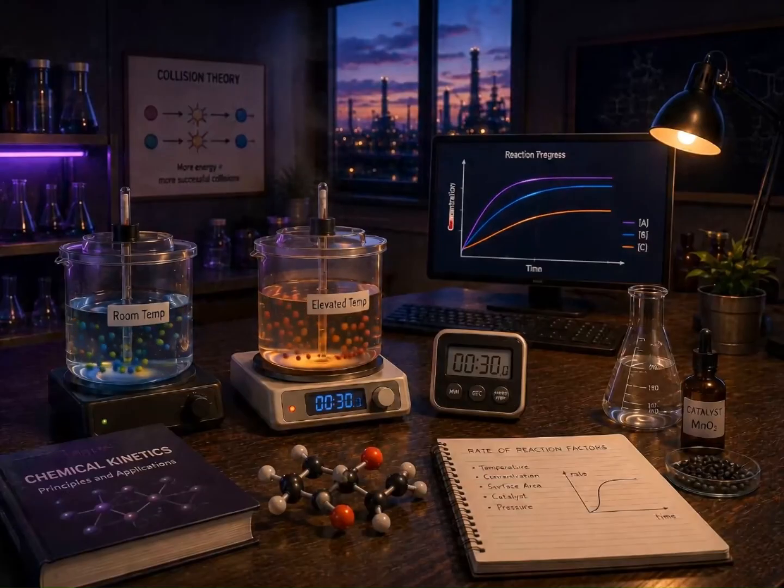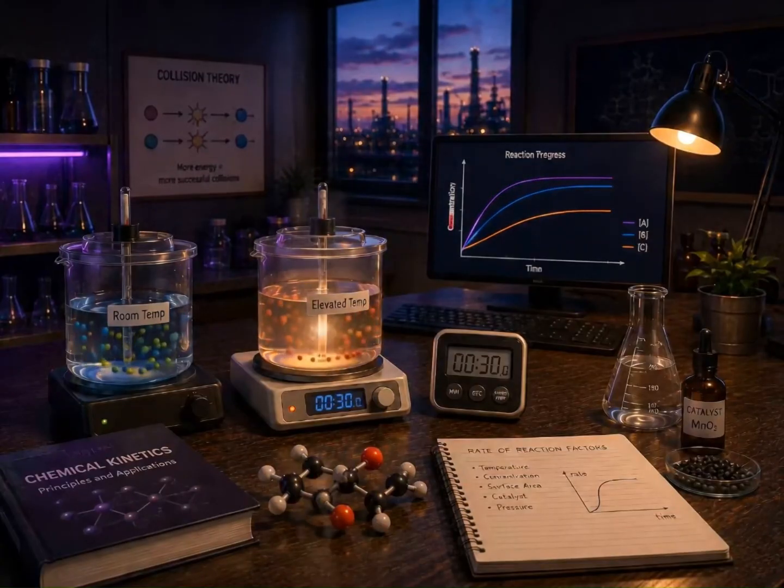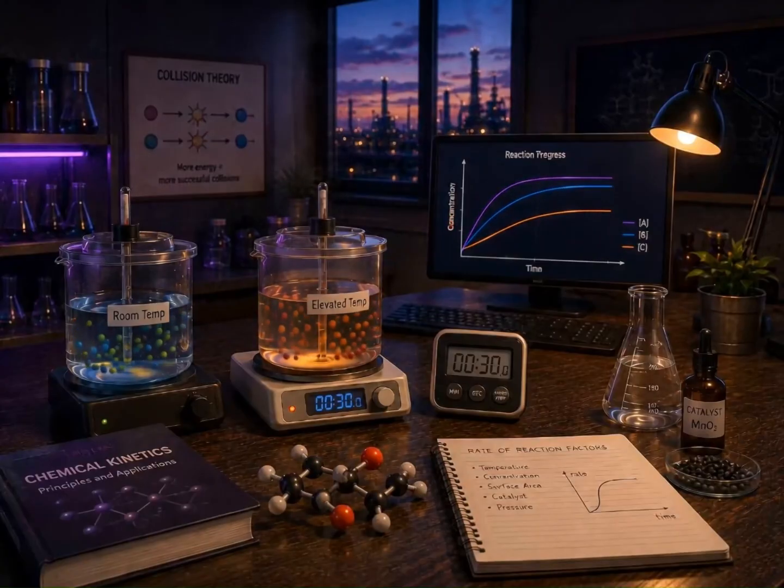faster. In the quiet laboratory, you might imagine a hill between reactants and products. Without a catalyst, the particles must climb a high hill. Many do not have enough energy. With a catalyst, there is a lower path through the valley. More particles can make the journey. The reaction speeds up. Catalysts are very important in industry because they can allow reactions to occur at lower temperatures